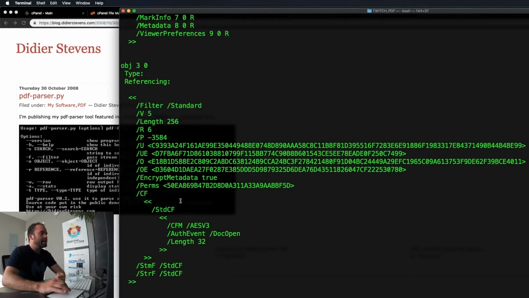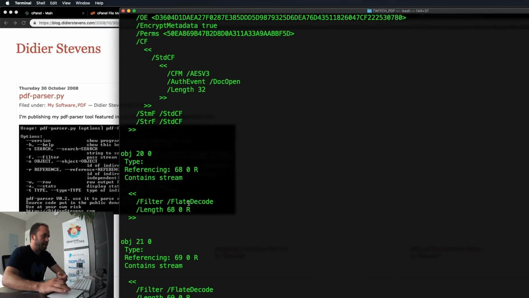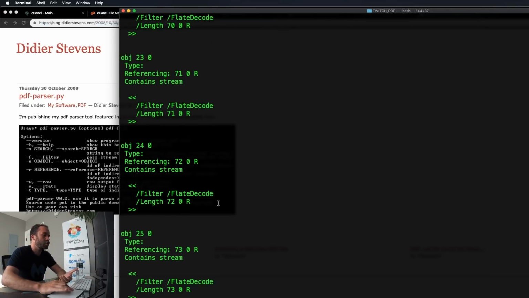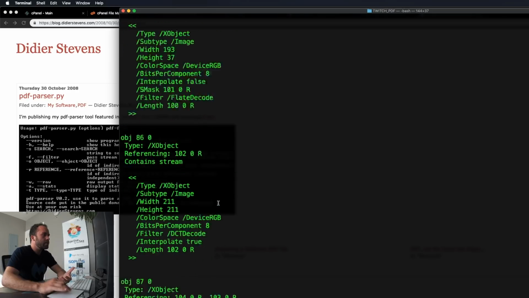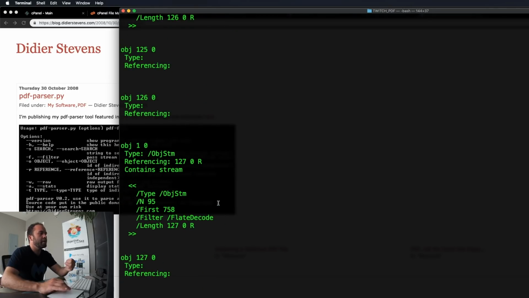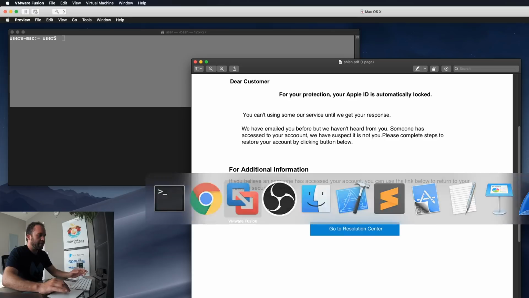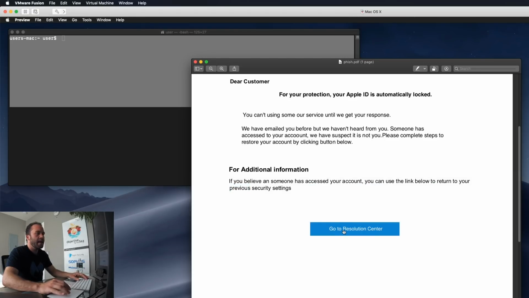So if we look through, we can see there's other types of objects. There's a lot of this FlateDecode, which basically means there are compressed streams. And scrolling through, we can see that there's really not a lot of information about the actual content of the document. For example, we assume that this is a phishing PDF, and if we hop back to the VM, it's